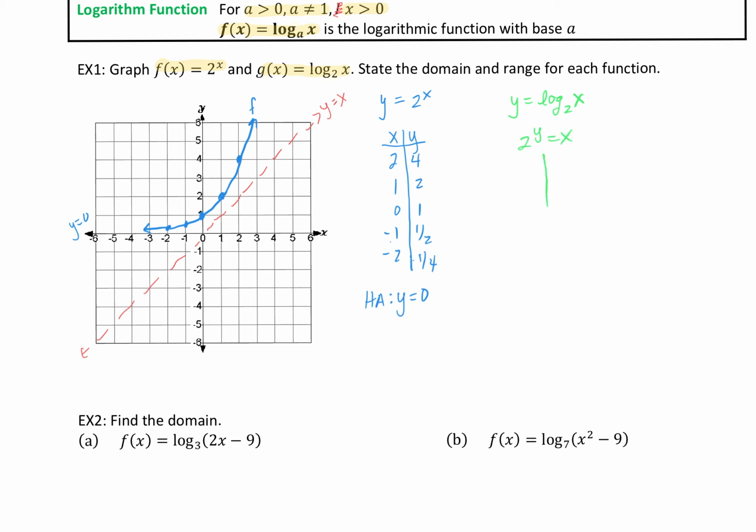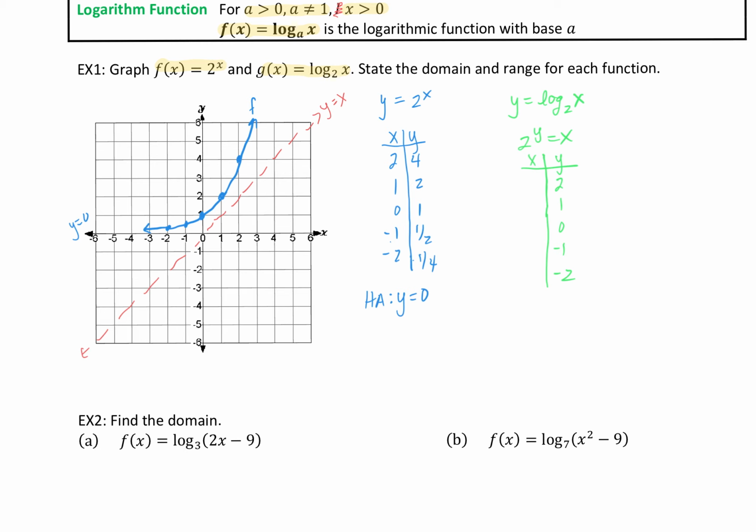When I make my table of values, it's going to be really hard for me to figure out the y value. So I don't want to put in x values and try to figure out what y is. It would be better if we put in the y values. So I'm going to put in 2, 1, 0, negative 1, negative 2 for y,